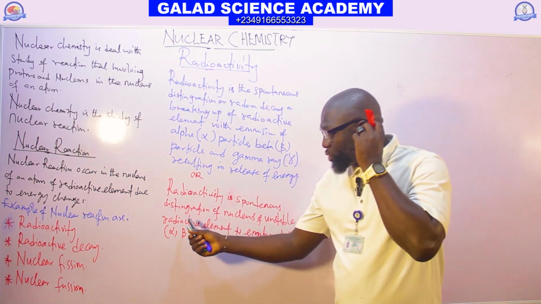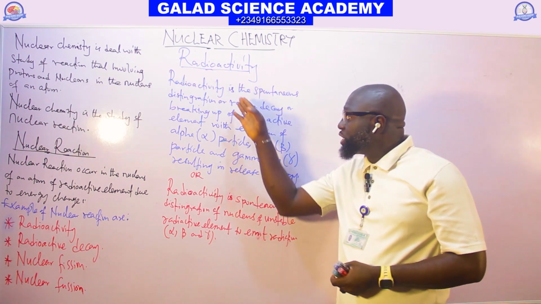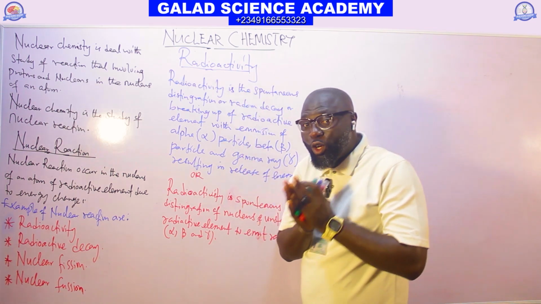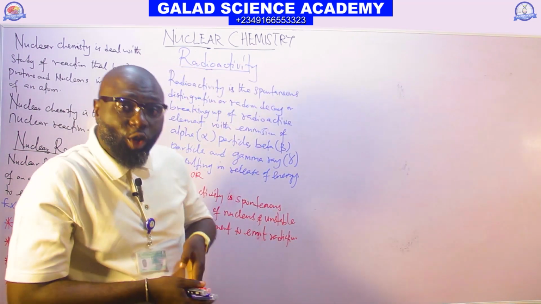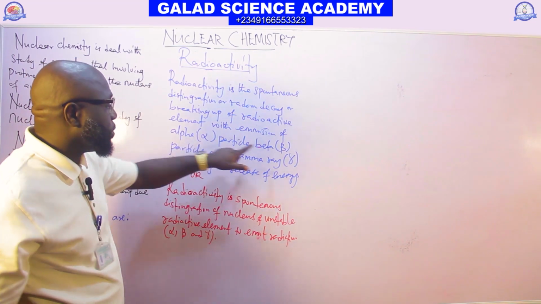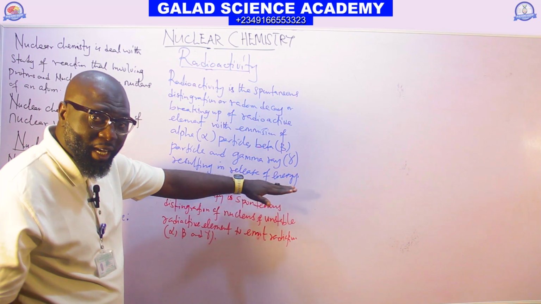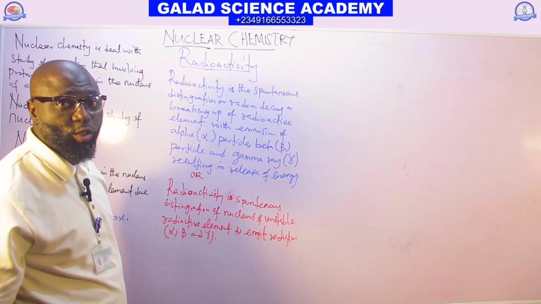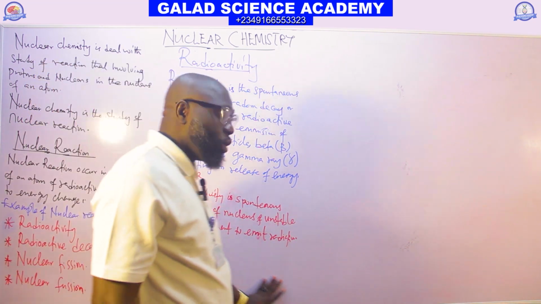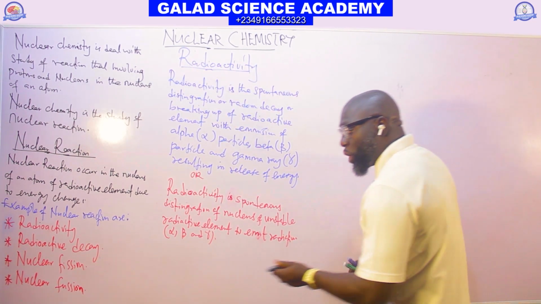If you define it in this way, you are still on the right track. Radioactivity is the spontaneous disintegration of the nucleus of radioactive elements in order to release alpha particle, beta, gamma, and release of energy. That is radioactivity. And this radioactivity was discovered